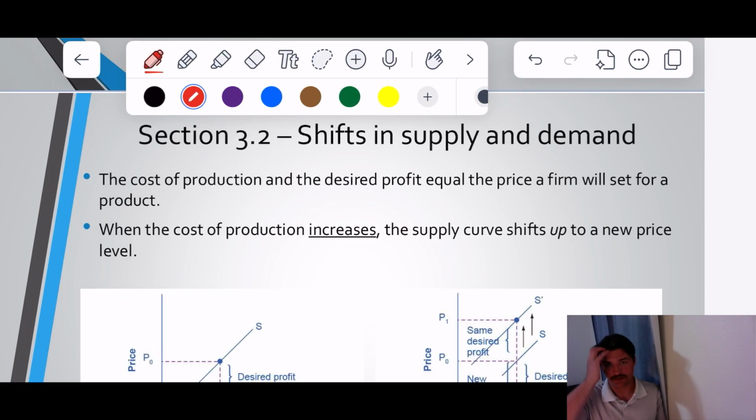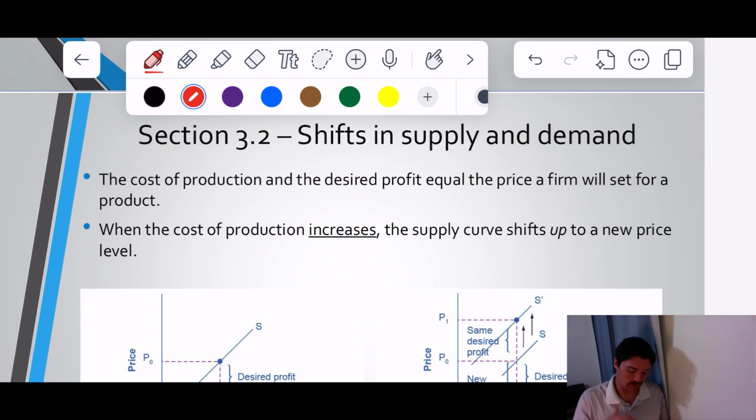Let's get into the factors that are going to change the supply. So when we're talking about supply, we're talking about the willingness to sell or just the production process in general. So here's an example. Again, ceteris paribus, meaning other things being equal, the cost of production and the desired profit do give you what the supply is looking for, of what the firm is willing to sell.